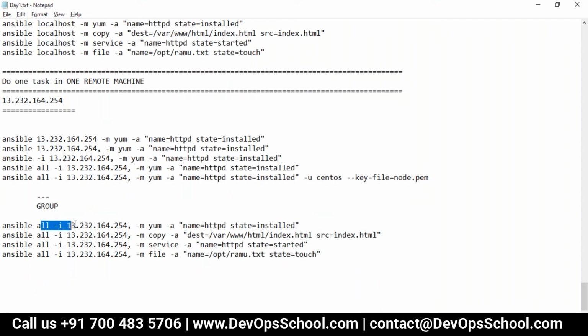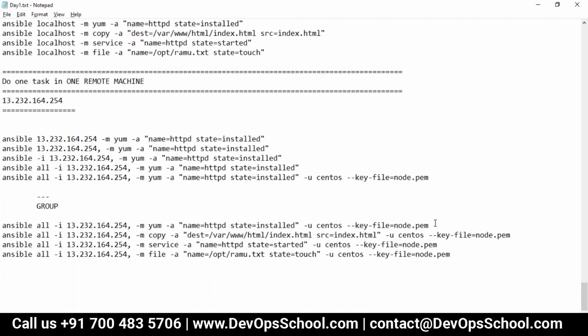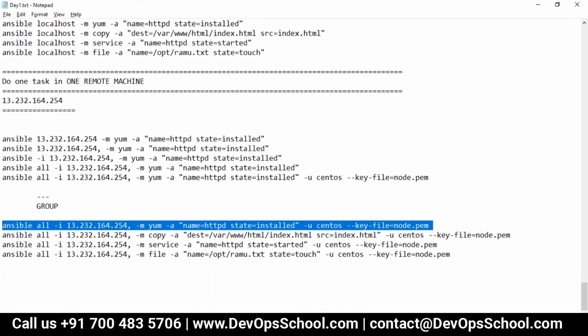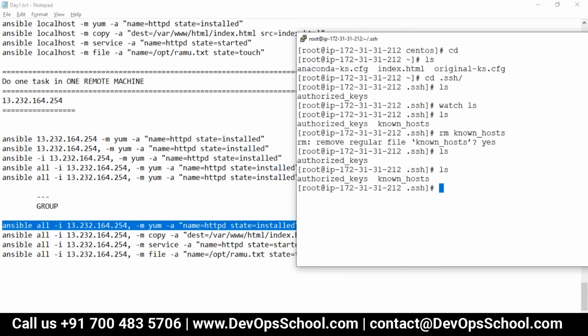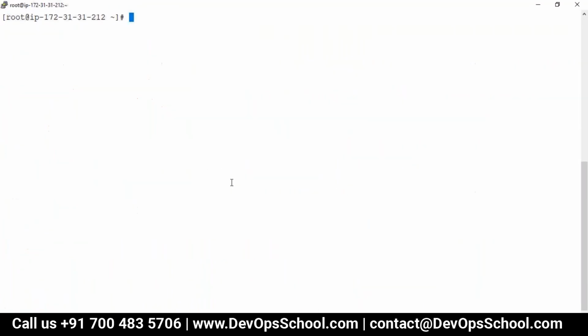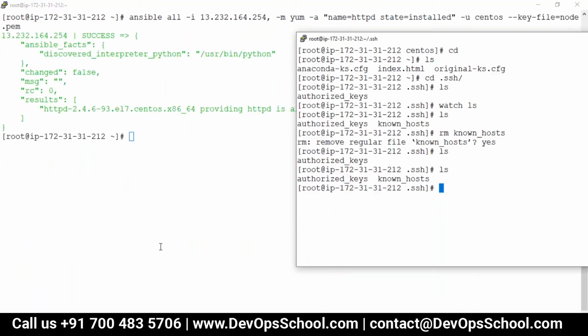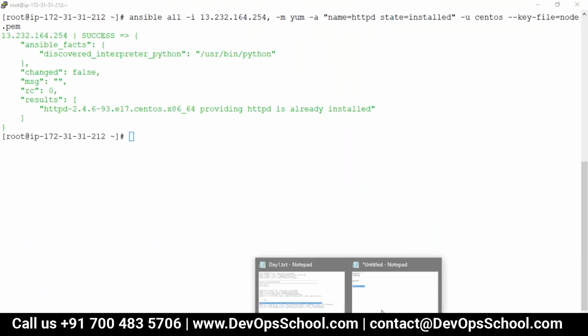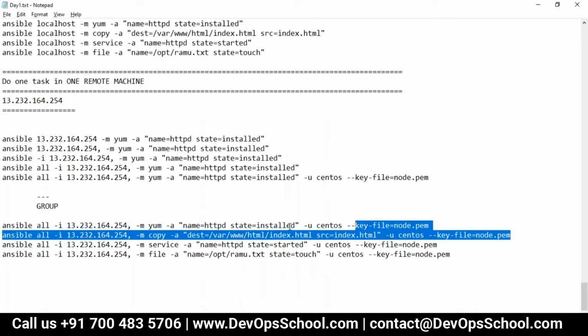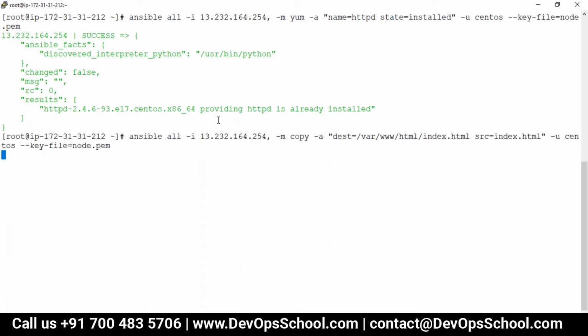So guys, this is the final command against the remote machine. Mind it, again, remote machine. Here I'm running right now. It was already done, so it's not doing it. But you can understand now.